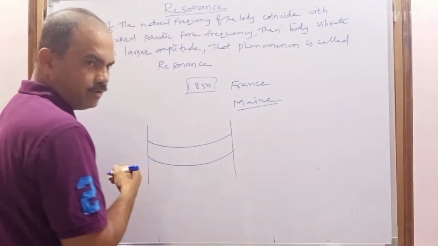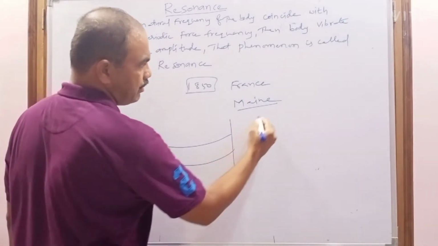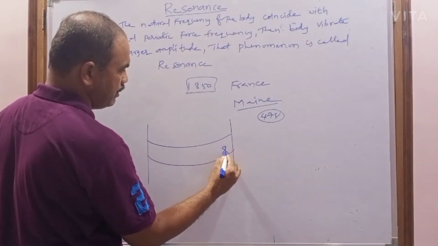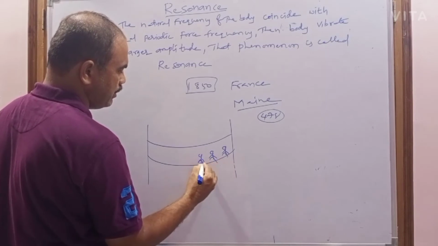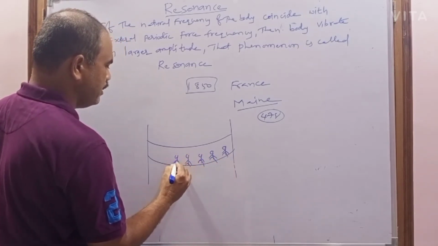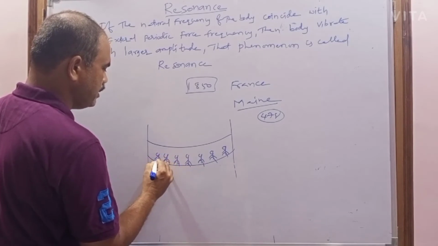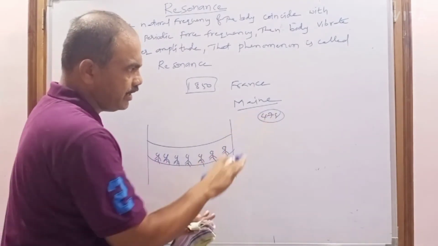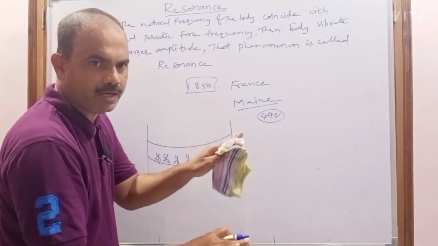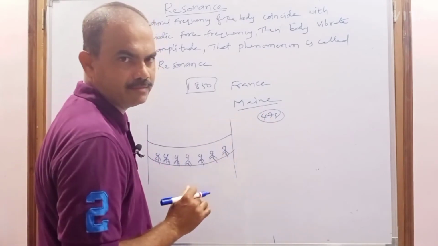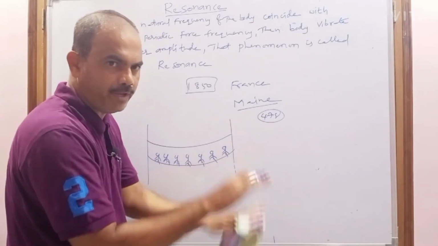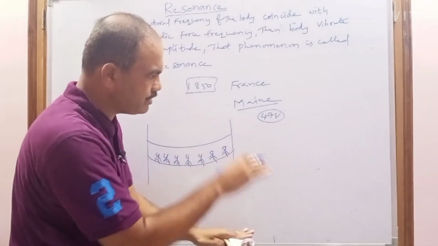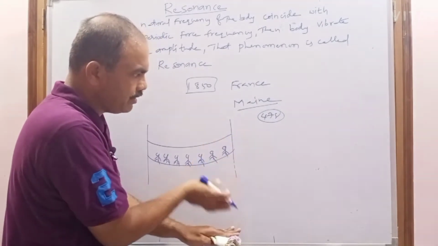When 478 soldiers are crossing this bridge, doing the march, all the soldiers do left, right at the same time. That is called marching, and marching is nothing but a periodic force, left right. This happens periodically. They apply some force on this body, so due to that, the body also starts vibrating.